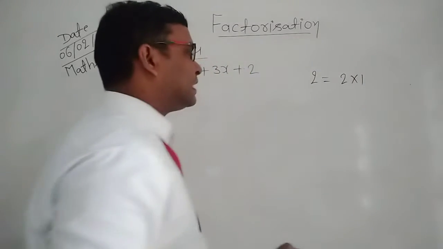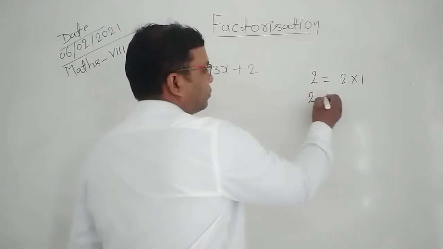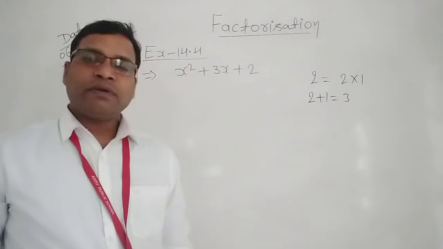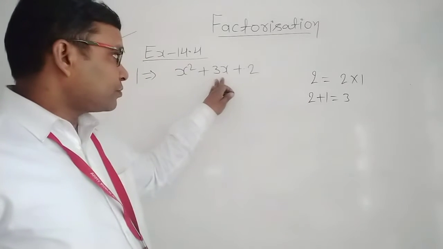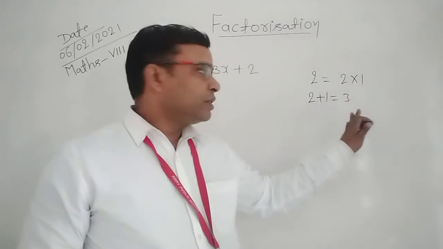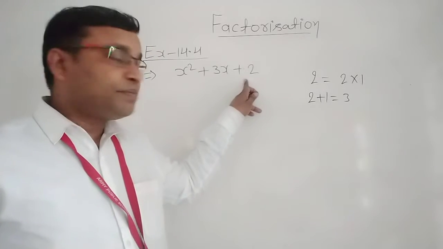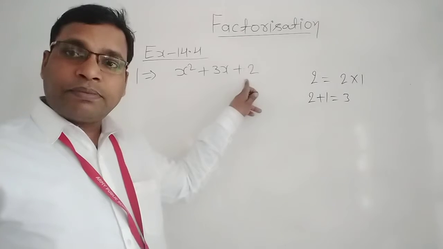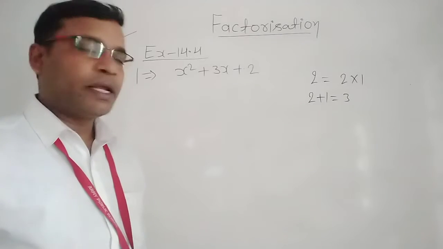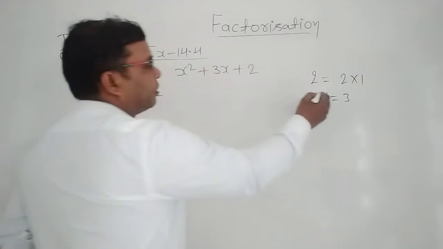This gives 2, but their sum, their sum is equal to what? 2 plus 1 is equal to 3. So here we have applied identity number 4. We find the factors of 2 such that their product is 2 but their sum is 3. Why do we find their sum? Because here you can see the constant term is 2 and its sign is positive. So we find their sum such that it is equal to the coefficient of the variable. So here we replace 3 as 2 plus 1.